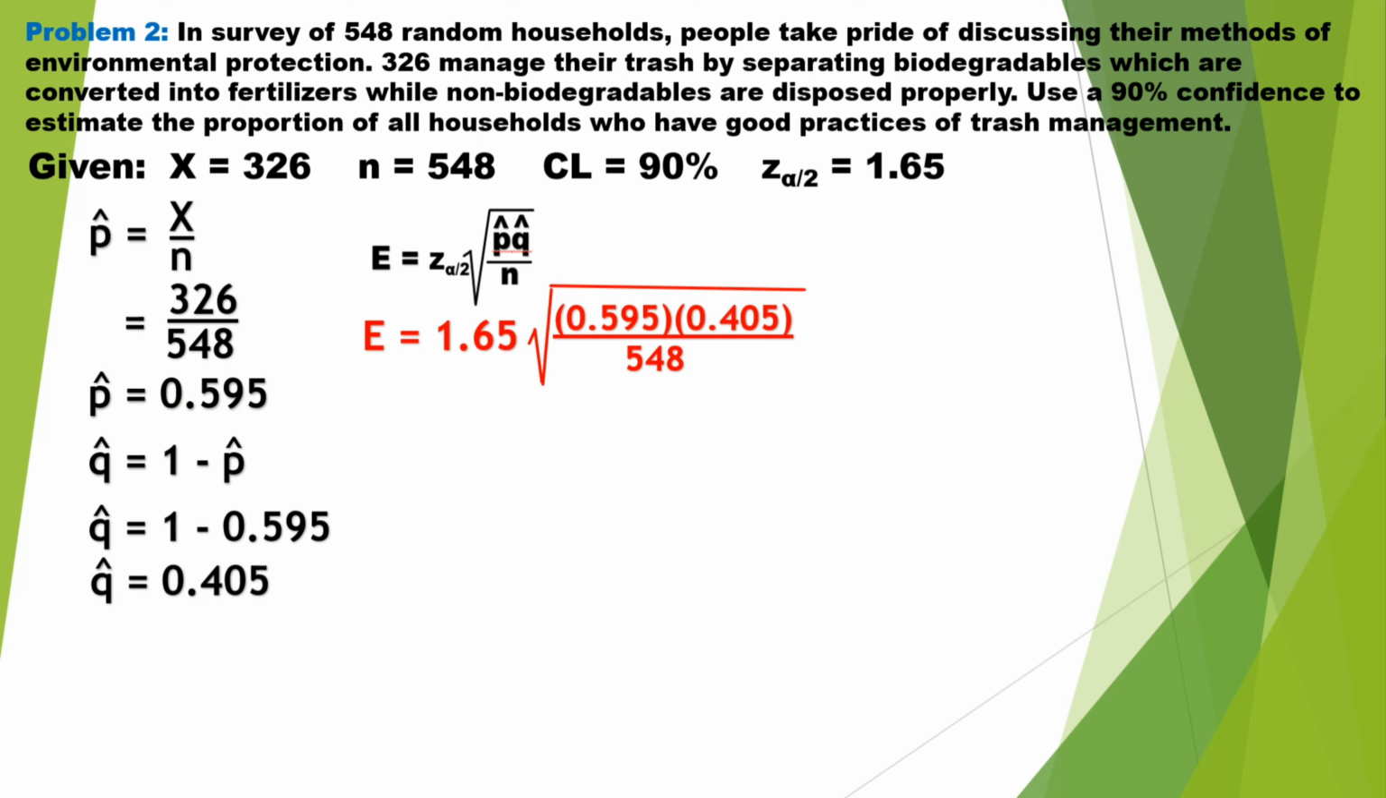Substituting the given data on the formula, we have E is equal to 1.65 times the square root of 0.595 times 0.405 over 548. Simplify first the numerator inside the radical sign. 0.595 times 0.405, its product is 0.24975. Divided by 548, its quotient is